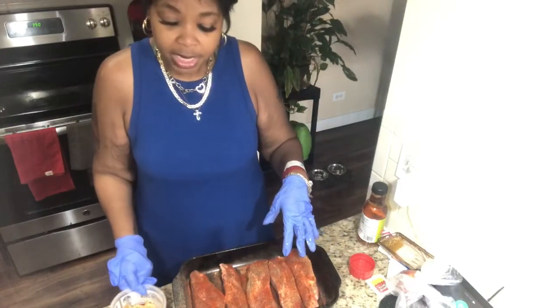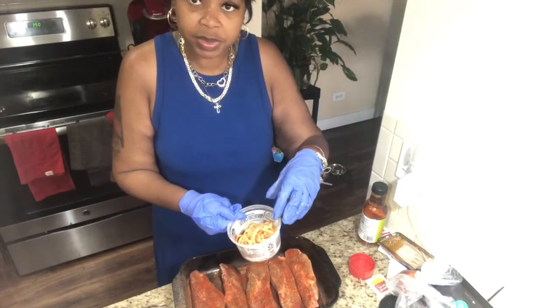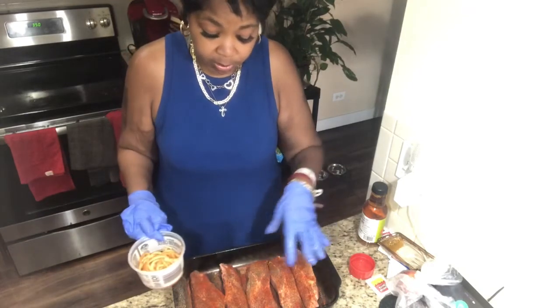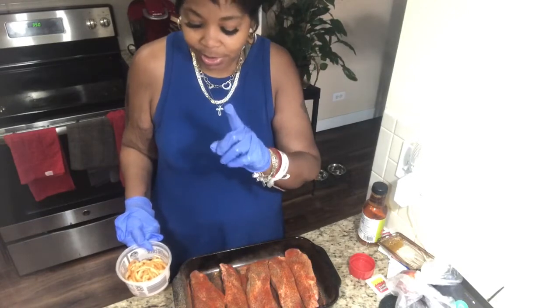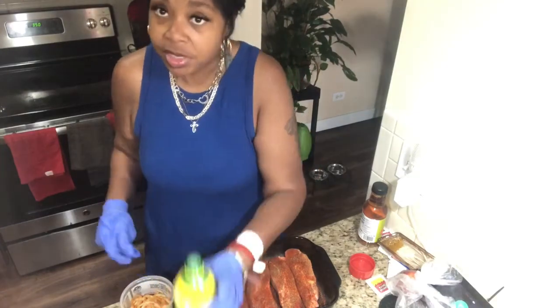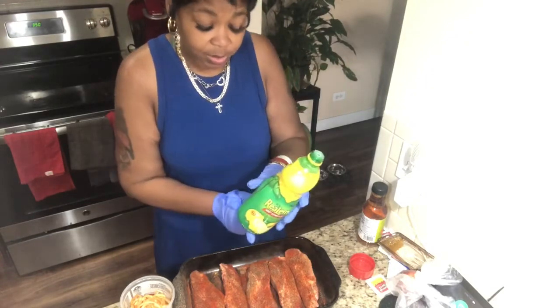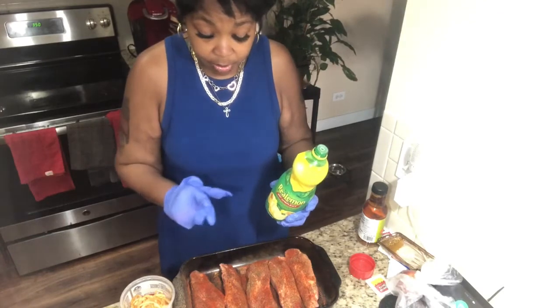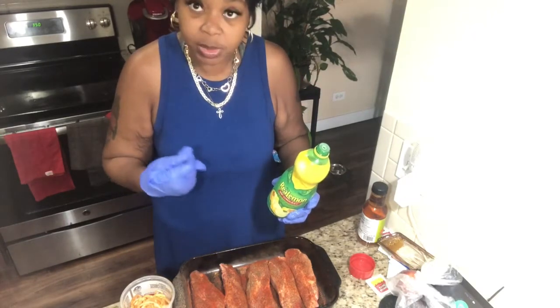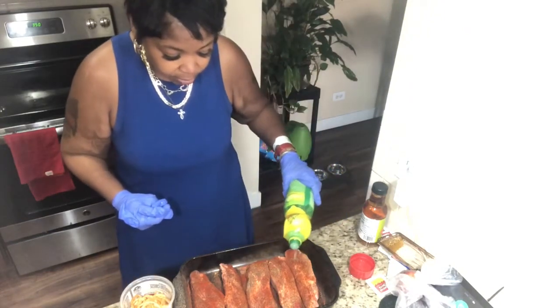Okay, so I went ahead and chopped up some onions. Now, what I usually like to do is I like to put a little lemon pepper on my country ribs, but I don't have any. So here's a little twist to that. You take a little lemon juice, okay? Watch how much you put on here, because you don't want it to be overpowering, but you just drizzle just a little bit across the top,